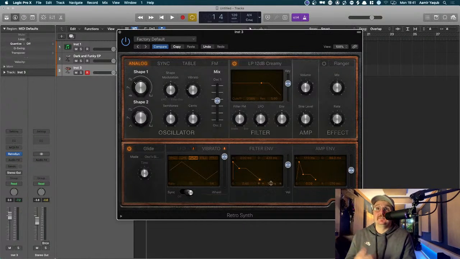So in this case, my filter is controlled by my filter envelope. What that means is that I will be able to control how quickly the filter takes effect. So at the moment, actually I'll reset this. That was my old synth sound, right? So what I can do here is the more I push into this,